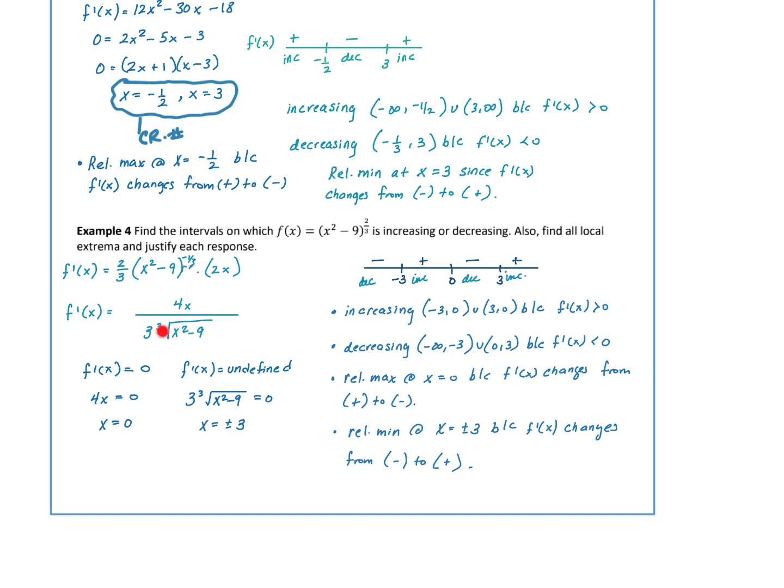This goes to the bottom of a fraction. So there was no domain restriction in the original, but now we have restrictions in the derivative. That's really important. So that tells me that there's no asymptote on the graph, but this tells me there's probably some sort of a cusp or something where it's not differentiable,